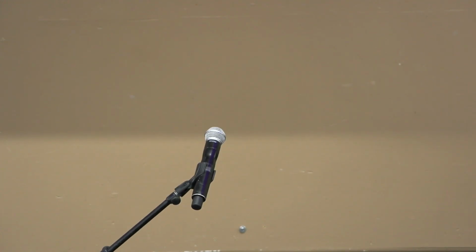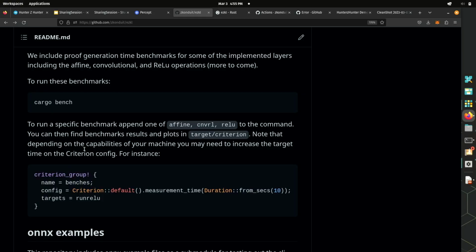My question is that the ONNX model supports a bunch of operators, right? Does this repo support all the operators? What is the percent? 1,500, okay. Perfect.